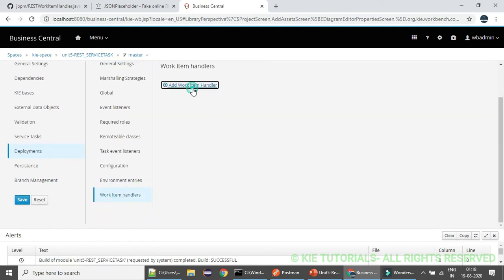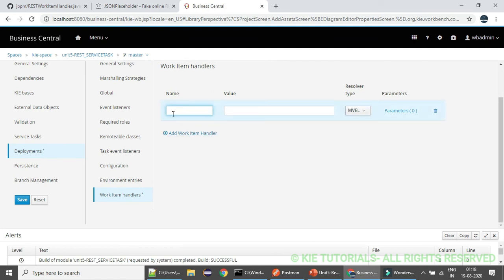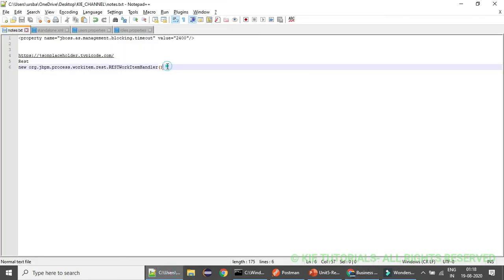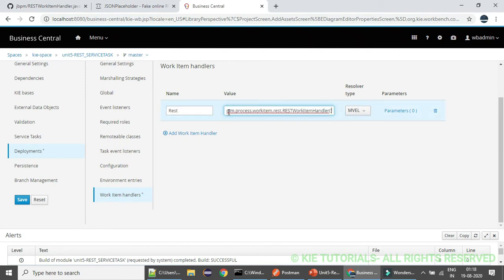You can go there and add a work item handler and give the name as rest and the value as new org.jbpm.process.workitem.rest.RESTWorkItemHandler.